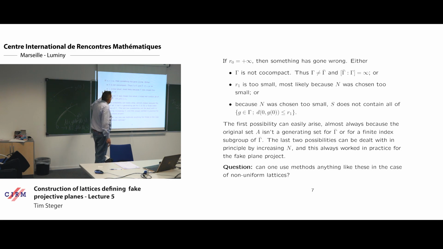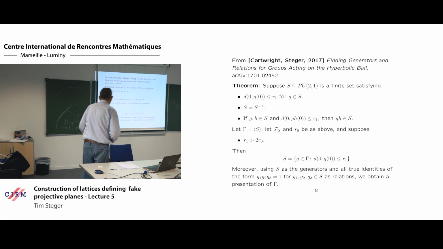Now, obviously, the fundamental domain can be compact only if gamma bar is co-compact. So a question which really springs to mind is, is there some way of adjusting these methods to be able to deal with non-uniform lattices, not co-compact, to somehow deal with the cusps? This is not such an easy question. Certainly no obvious answer comes to mind, but it could be very useful if there were ways of doing it. Okay, so